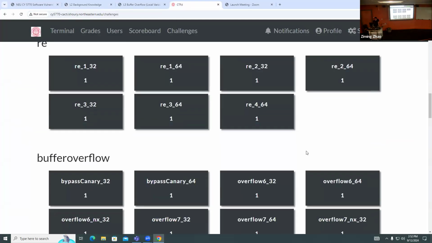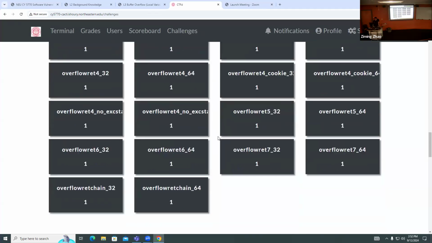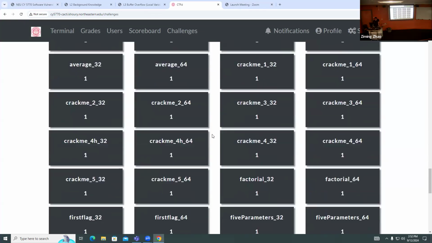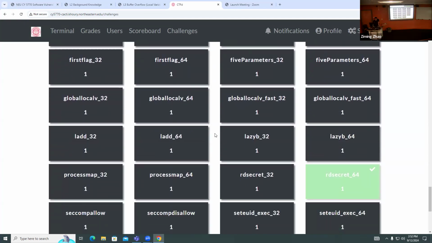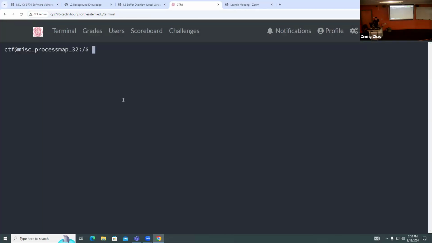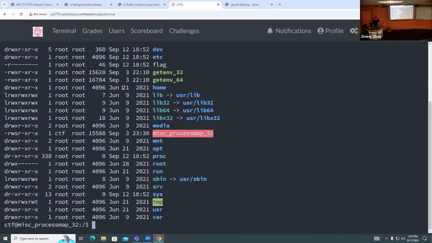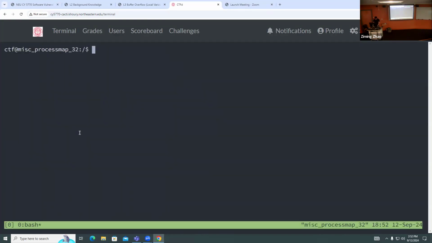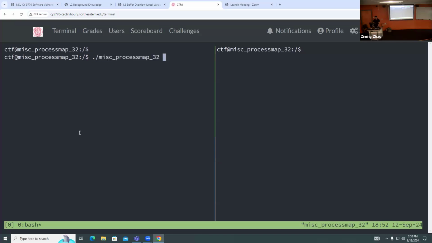If you go to the permission process map, previously the owner of this application was root. Now we changed it to CTF, so now you will be able to see its map. Let's run this program on one terminal, and on another one we just do